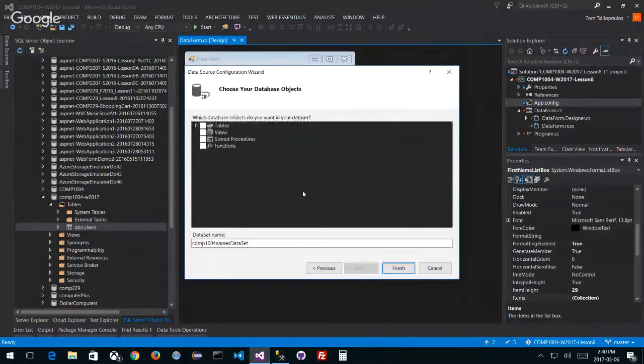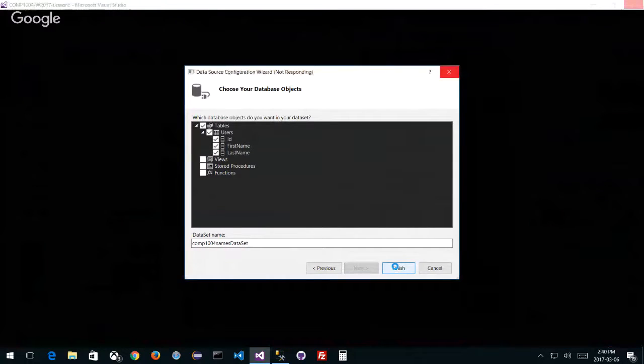Tables. This is what you should see. Users. This is my connection, my data set, right? And notice I want ID, first name, and last name. I want those things. Okay, and this is what it's called, COMP1004 names data set by default. Finish. And if I did this by myself or naturally, if it works out, if it doesn't crash here,